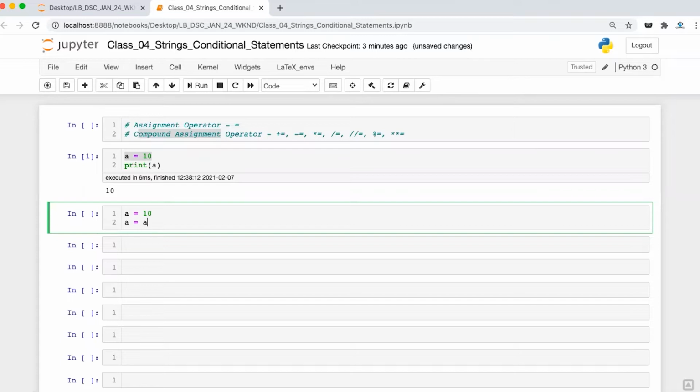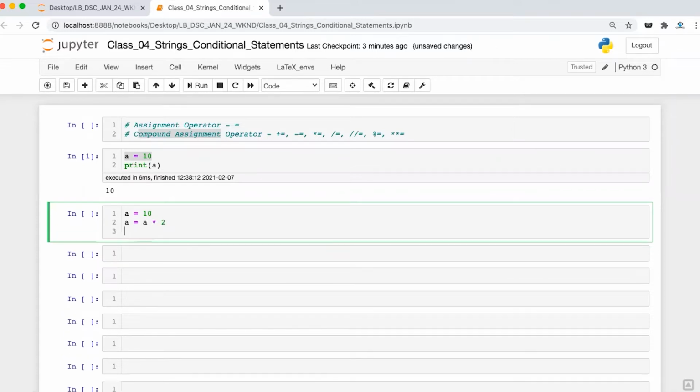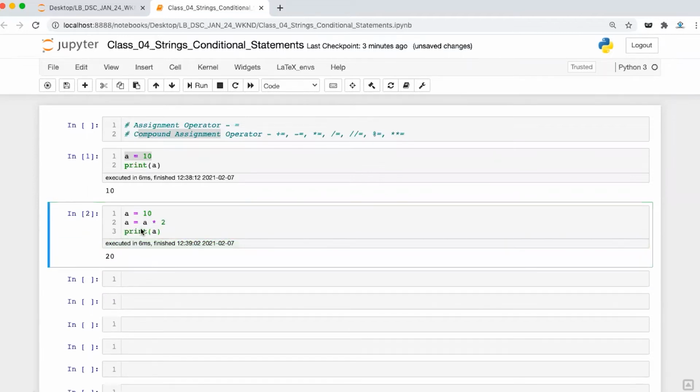So one option of doing that is a is equal to a into 2. Now if you print a, you'll get 20 as the result. Instead of writing this operation, we can also write it this way, a star equal to 2, and this will give me the same result.